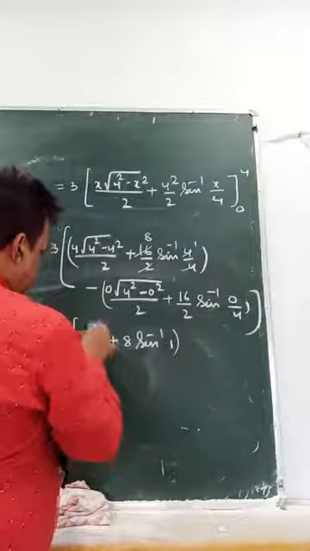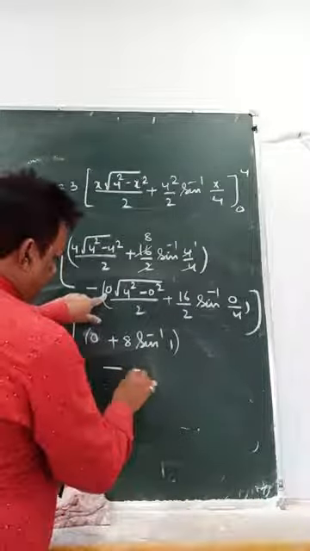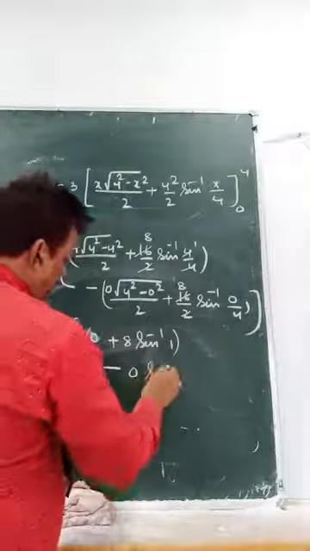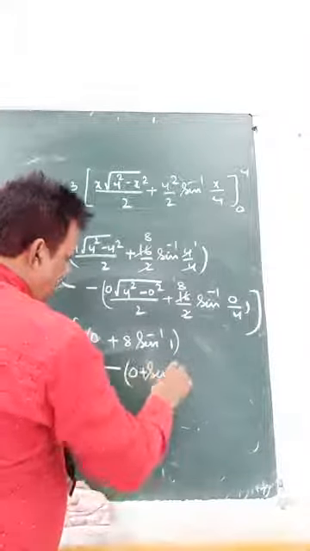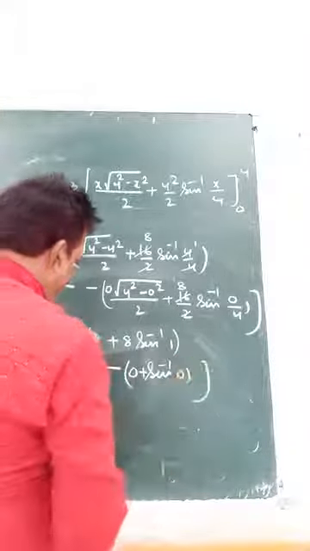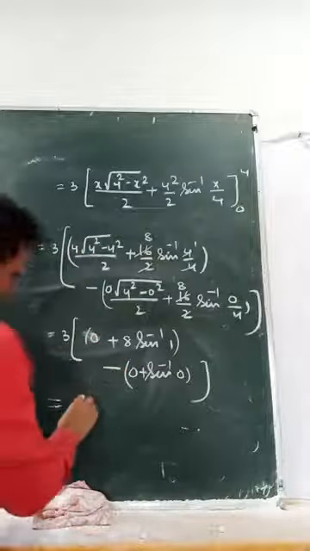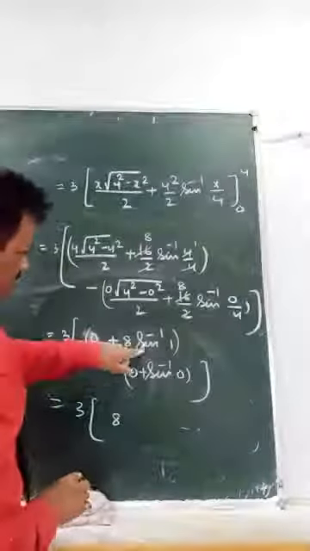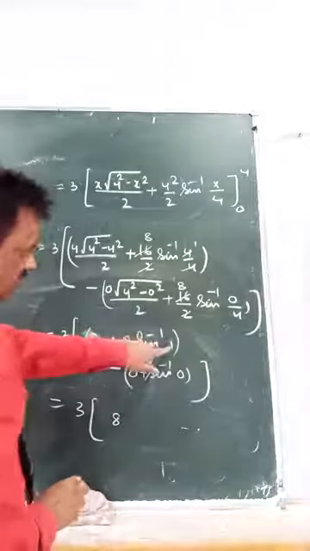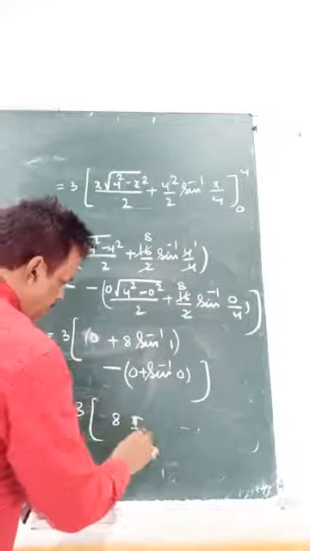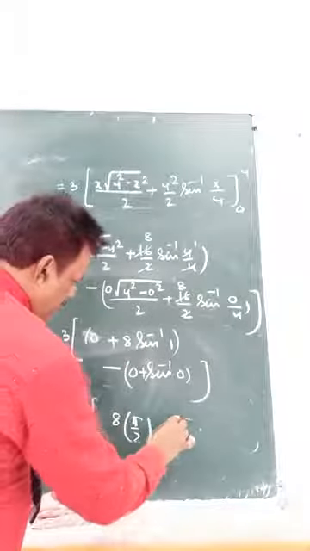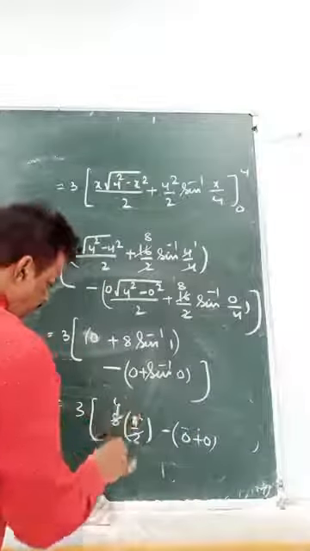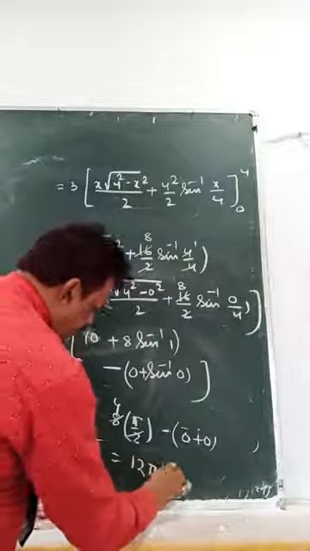Okay. First part minus 0. 16 by 2, 8. Sin inverse 0. So 3, this is 0, 8. Sin inverse 1. Sin 90 is 1. So pi by 2. 0. Sin inverse 0 is also 0. So this is 4 times 3 times 8 times pi by 2, that is 12 pi square unit.